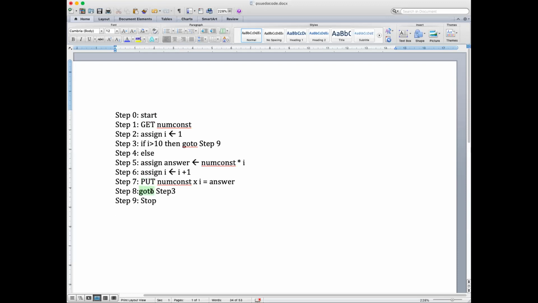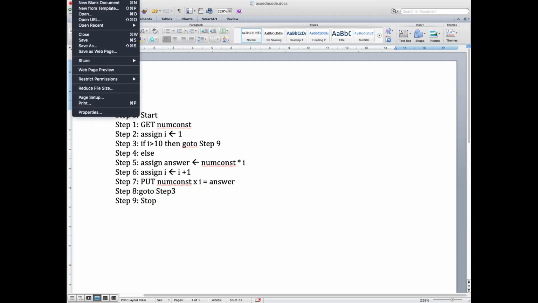can use the word go to, and here I am using a loop, go to step 3. If it's not satisfying the condition, every time I am looping it. If it satisfies the condition, for example, if I is greater than 10, then go to step 9. Step 9 is nothing but stop. So everybody needs to mention this, start and stop. I am giving this as a reference. In the next assignment, we will attach this file. I will pass it on to sir so that he can attach it.